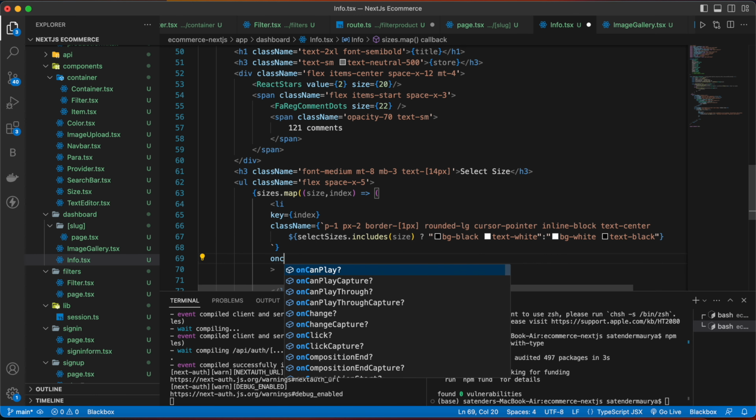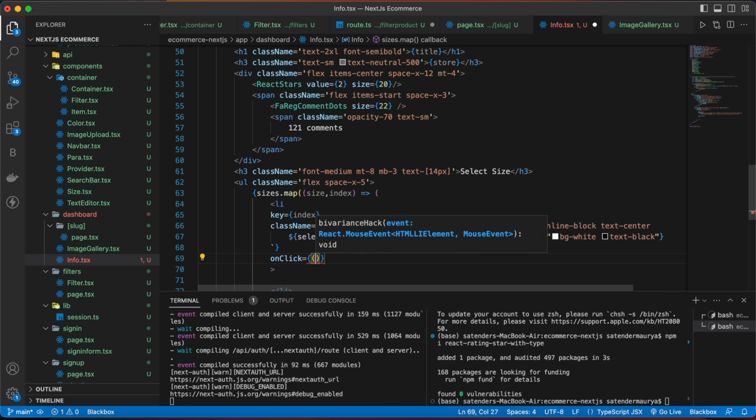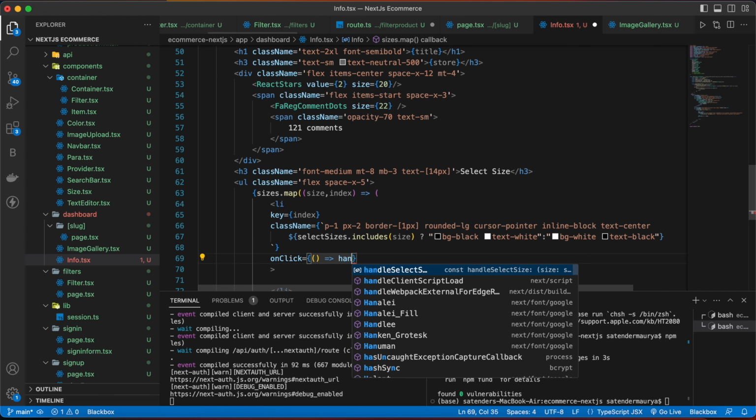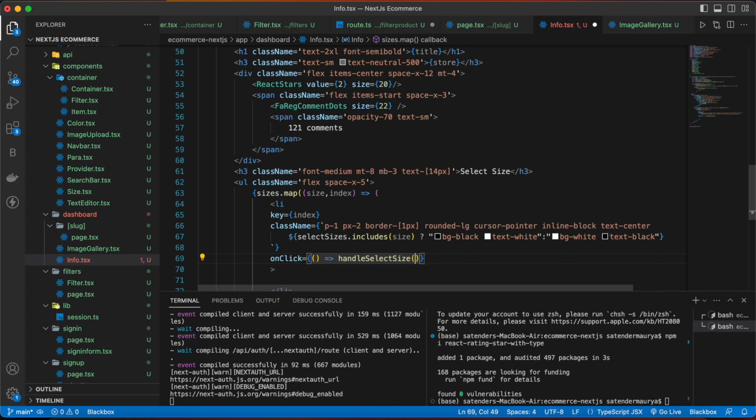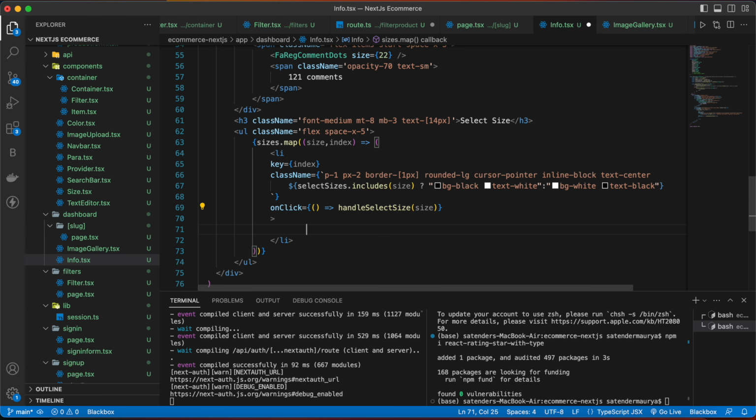Then below this class name write on click function, and this will call the handle select sizes, and then here we are going to pass our size, and inside the li